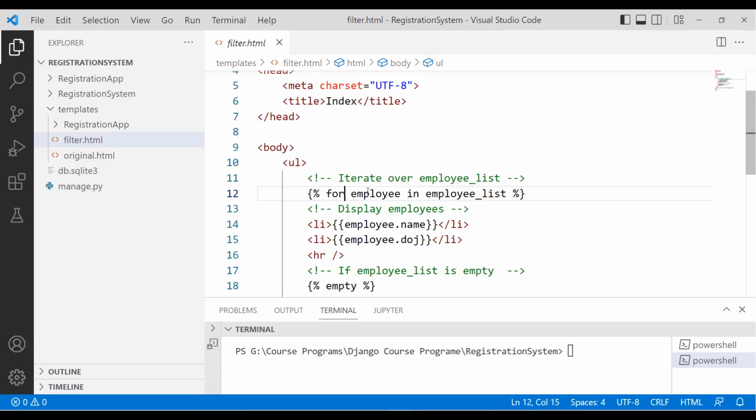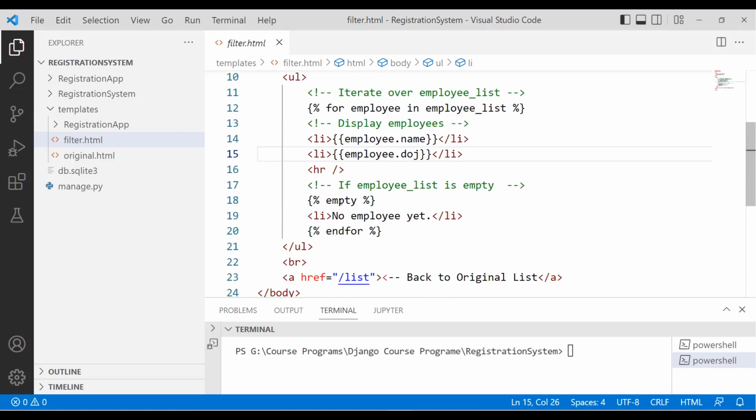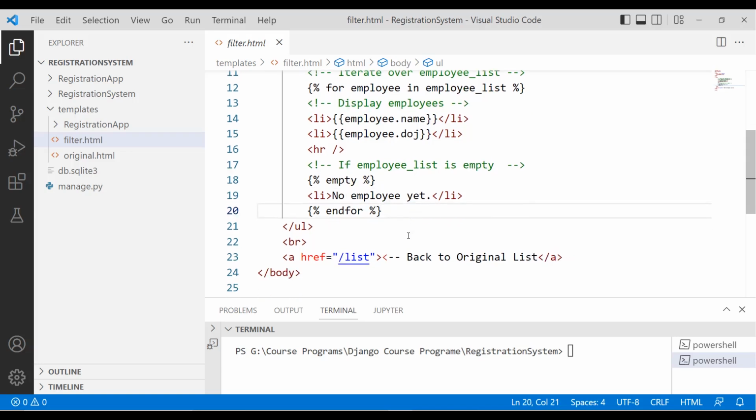Then I start the for loop that is used to go through the employee_list, and it will display the name and the date of joining. And again I use the empty tag, which functions when the employee list is empty and shows the message no employee yet. And in the last I include the link that will take us back to the original list, which means the list having the